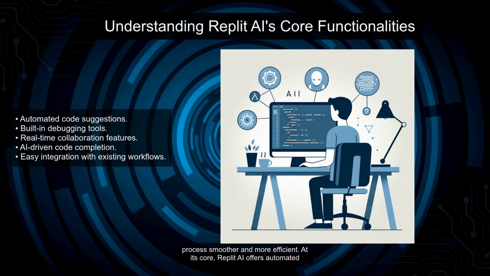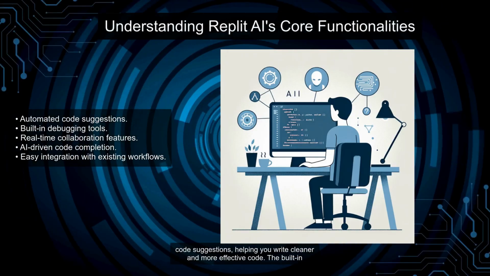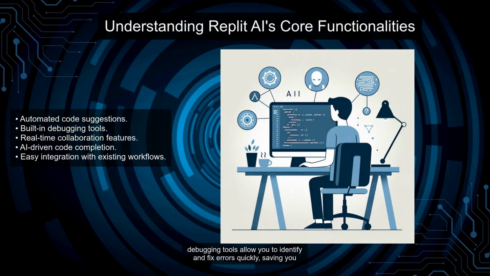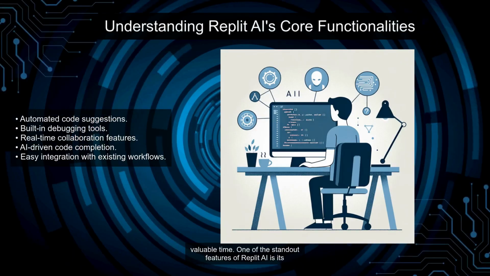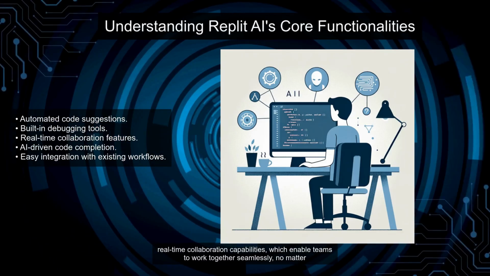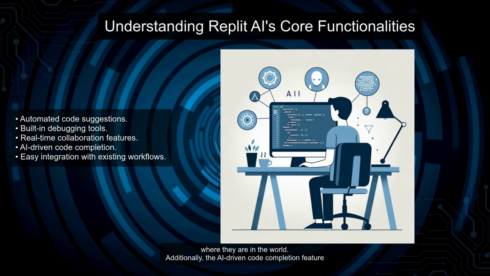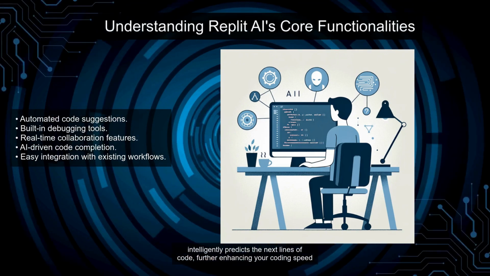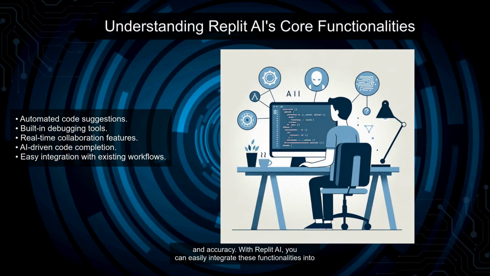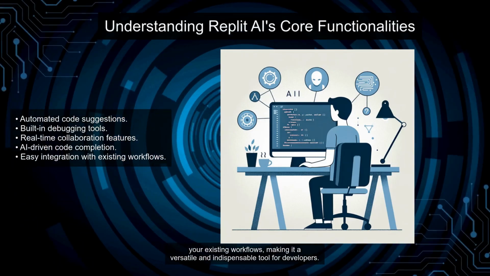Replit AI is packed with powerful features designed to make your development process smoother and more efficient. At its core, Replit AI offers automated code suggestions, helping you write cleaner and more effective code. The built-in debugging tools allow you to identify and fix errors quickly, saving you valuable time. One of the standout features of Replit AI is its real-time collaboration capabilities, which enable teams to work together seamlessly, no matter where they are in the world. Additionally, the AI-driven code completion feature intelligently predicts the next lines of code, further enhancing your coding speed and accuracy. With Replit AI, you can easily integrate these functionalities into your existing workflows, making it a versatile and indispensable tool